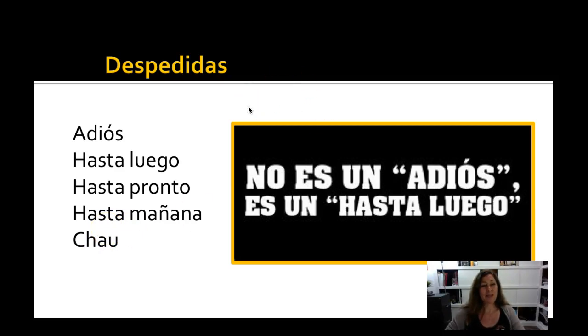What else can I comment on these? Hasta luego is literally, let's talk about the literally part. Hasta literally means until. So you're saying until later, until soon, until tomorrow. But you can't translate everything word for word and have it make sense. It doesn't always work that way. And English is actually a language that is very much true, that you cannot do things word for word. So this means see you later, see you soon, see you tomorrow, right? Simple.